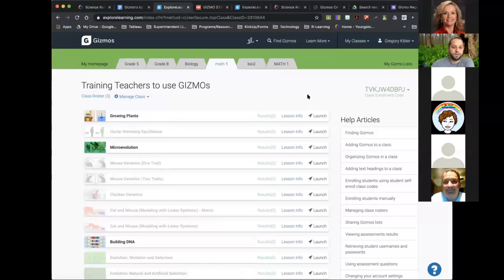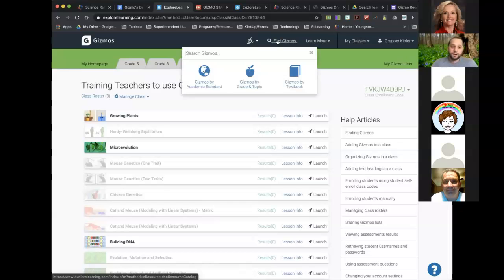We can simply find a gizmo up here and add it to our class. There are a lot of different ways to look up gizmos. You can search by just typing in at the top. They have gizmos by academic standard. So let's say,